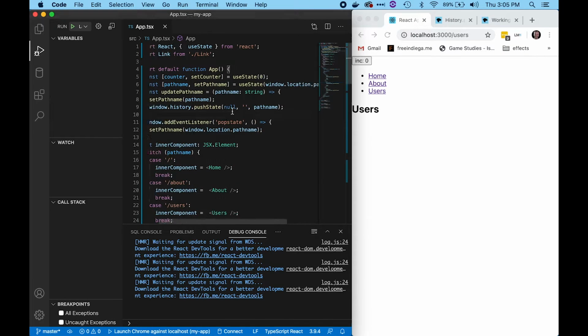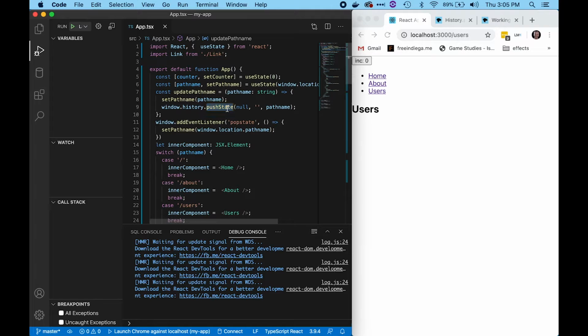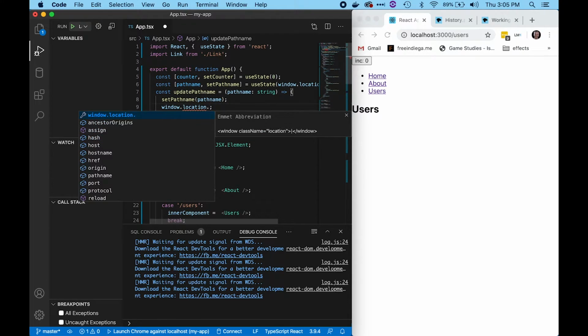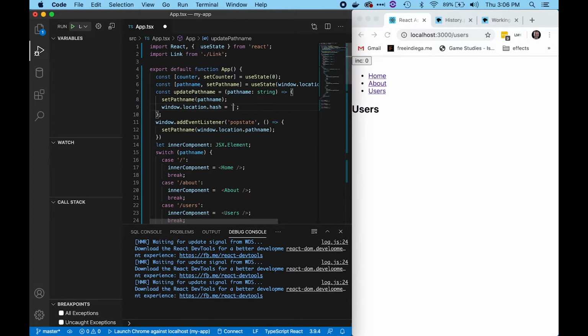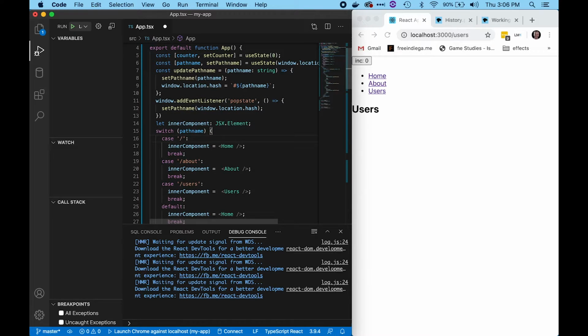Anyway, so here's how you do it. The basic idea is that this is relatively new. It's supported in like 95% of browsers, I think. But before this, what you had to do was mutate the window location hash. That looked like something like this. And instead of using pathname, we're going to use hash. Really, if I was doing this, I would change the variable name of pathname into hash. But you can see now